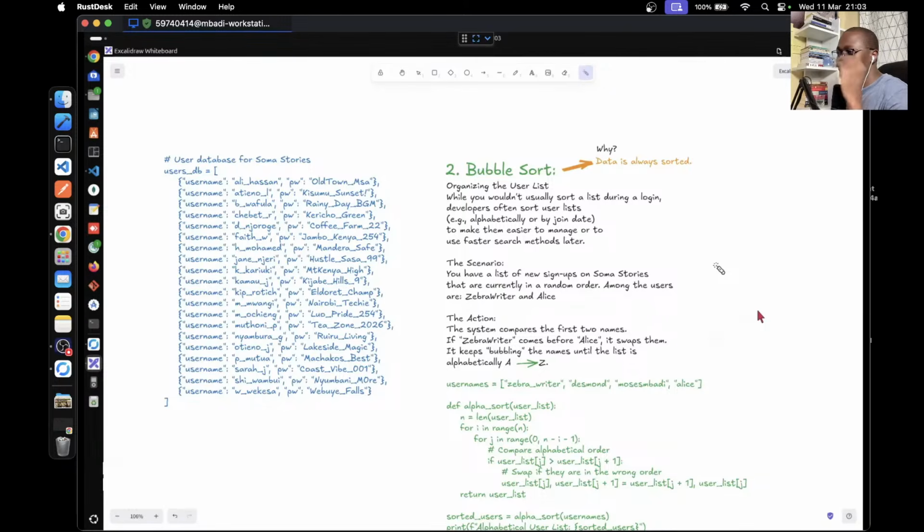All right, so we have our list of users, but data is always sorted. Anywhere, data is always sorted. Even your names on the government portal are sorted either alphabetically or by ID, so that it becomes easier to find where you are. You would imagine, for example, if you want to change your car number plate, and then NTSA processes, I think, around 40,000. They have a backlog of 40,000 number plates, okay?